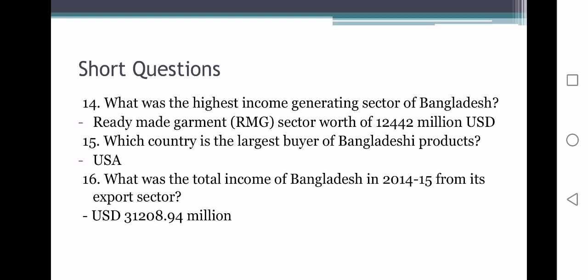Bangladesh exported 12,442 million US dollars in 2015. That is why ready-made garments is considered the highest income generating sector of Bangladesh according to the Bangladesh Economic Report of 2015. So the answer will be the ready-made garment sector, and it was worth